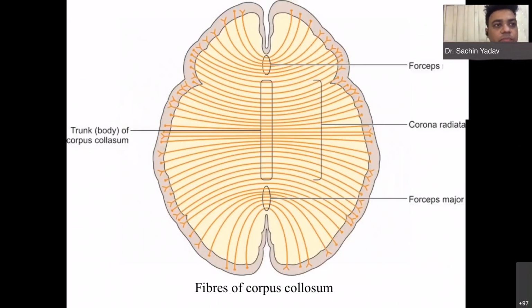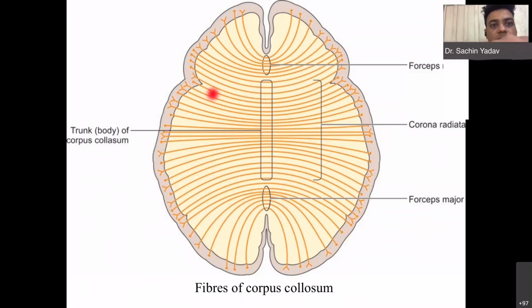So this is a transverse section shown here. This is the anterior aspect, posterior aspect, and lateral aspect. Anteriorly, the white matter fibers pass through the anterior part of the corpus callosum, through the genu. The fibers connecting the frontal poles are known as the forceps minor, and posteriorly the occipital parts are connected through the forceps major, through the splenium. Got it?